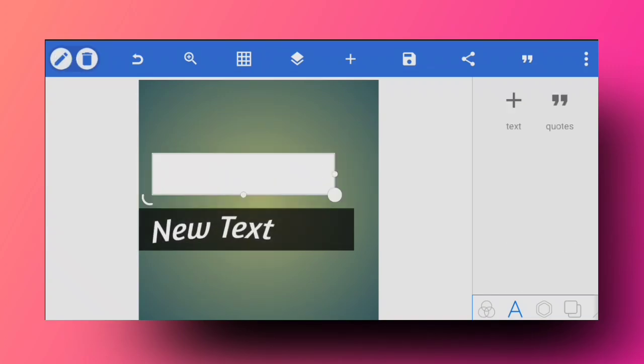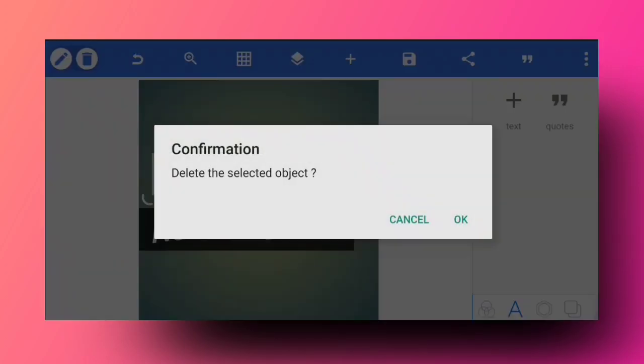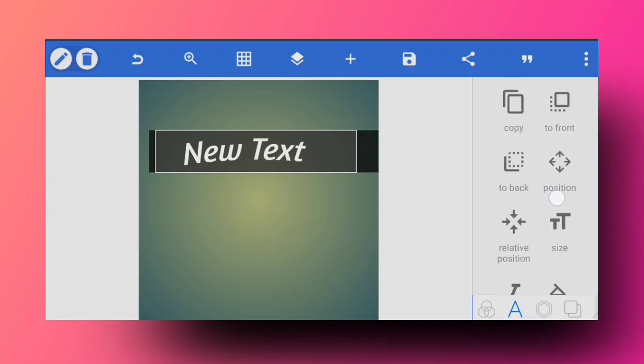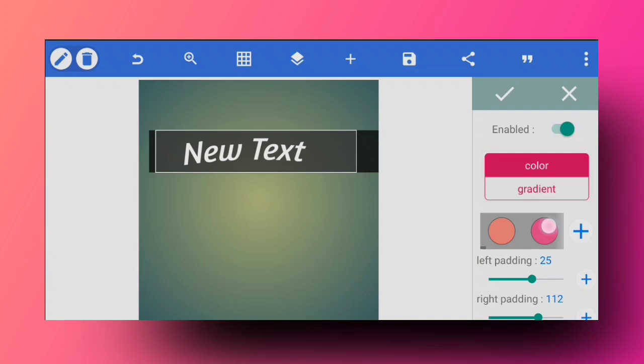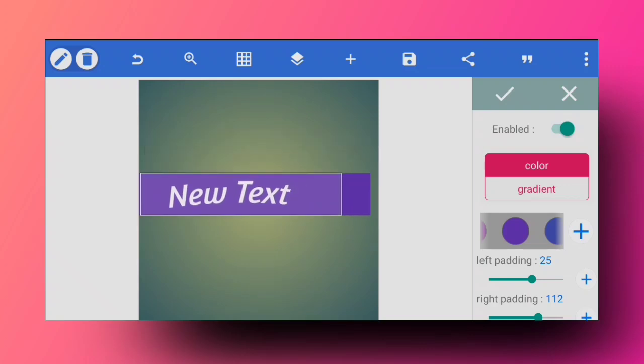And yeah, this is the alternative way. But if you don't want to do that, if you just want to use this function, background color, then you can add this from this function right here. You can also change colors to it. This also sometimes really comes in handy if you are in a hurry and want to see at least how it's going to look with the background color. Then this is how you're going to use it and maybe add it to your text.